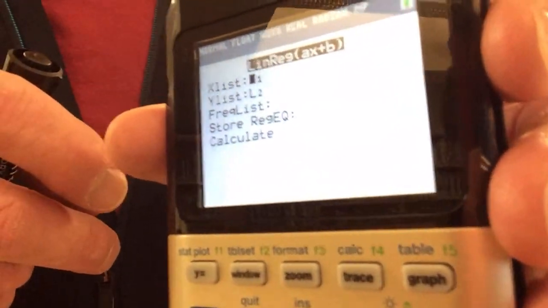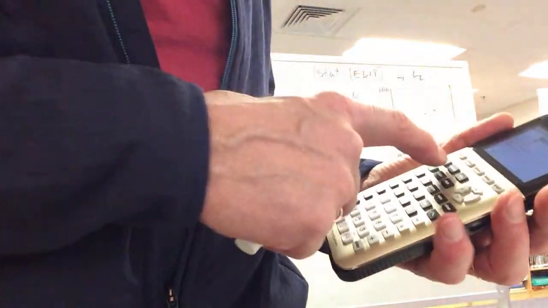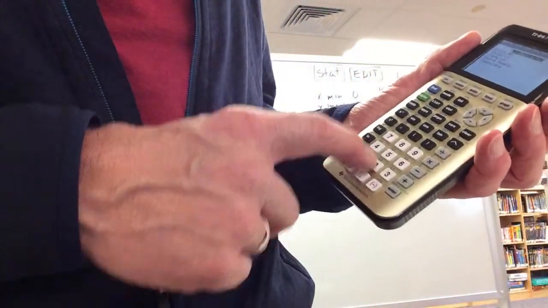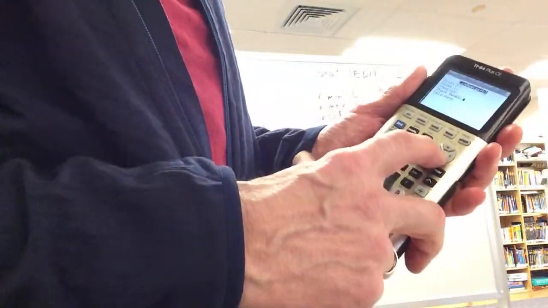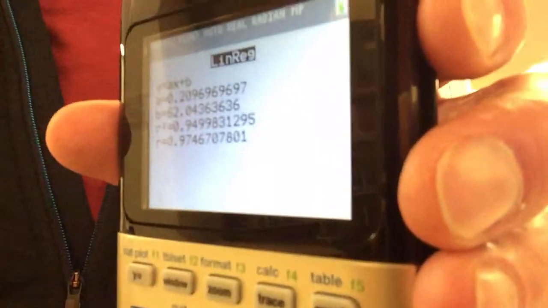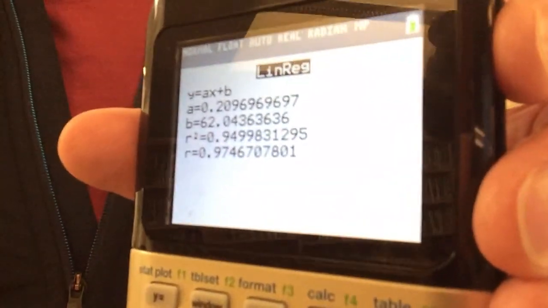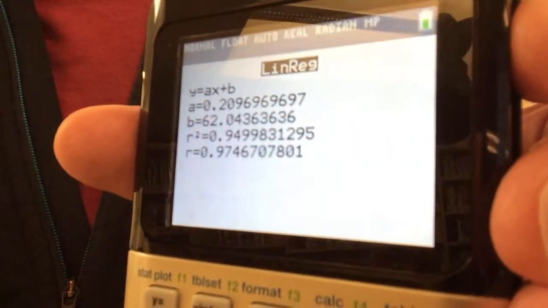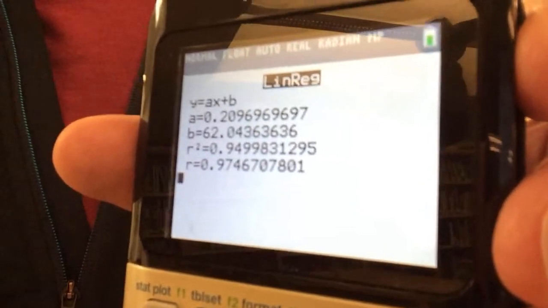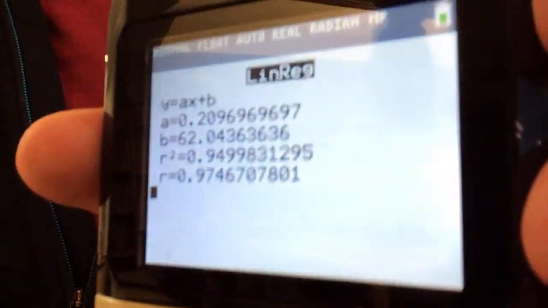If it doesn't say x list L1 and y list L2, you have to change that. And you would change that with the second key and then the numbers down here. You can see where L1, L2, etc. are. It should come up L1, L2. So all you do is you go all the way down here to calculate on the very bottom, scroll down, hit enter, and it kicks out the numbers. And these are the numbers that I got right here. So you got your slope, and the slope is in the variable a,